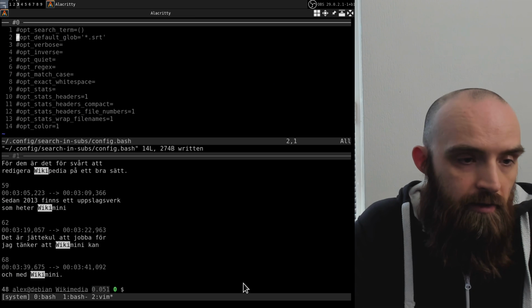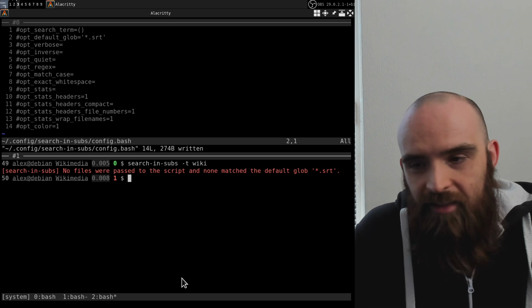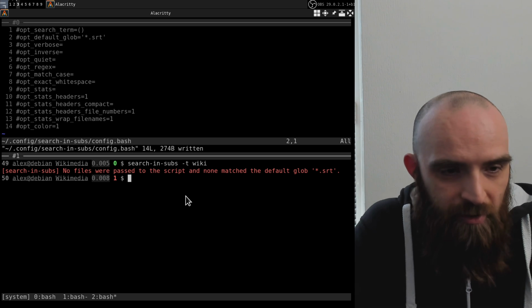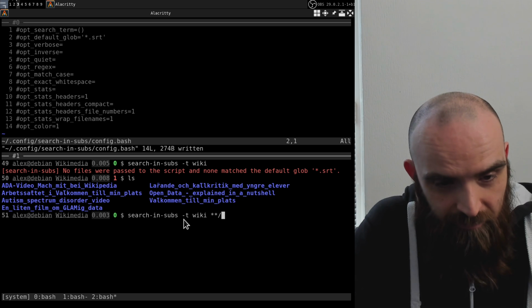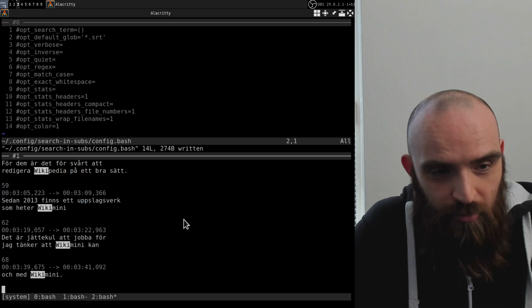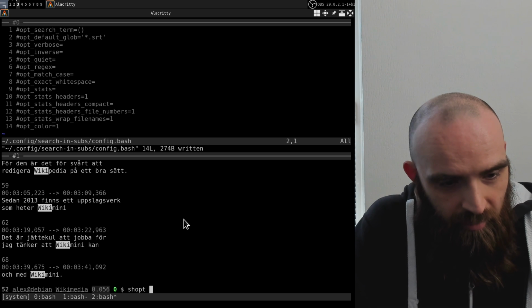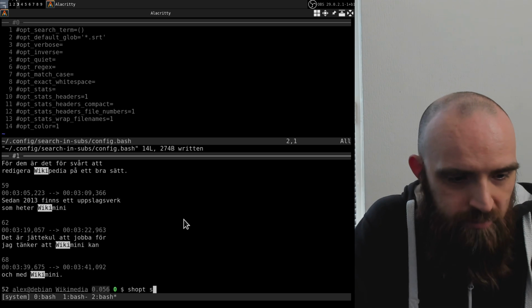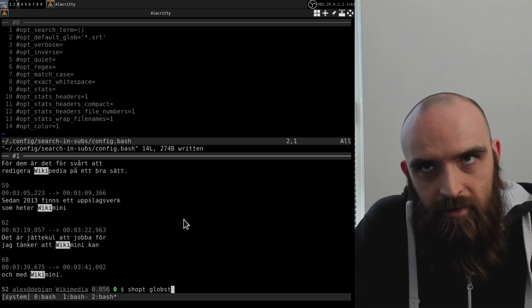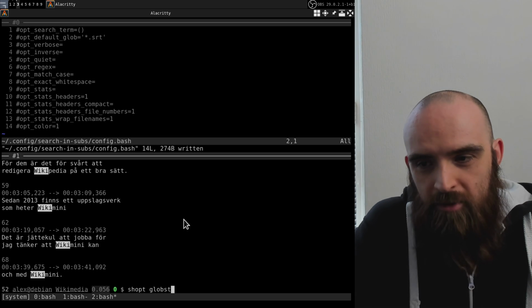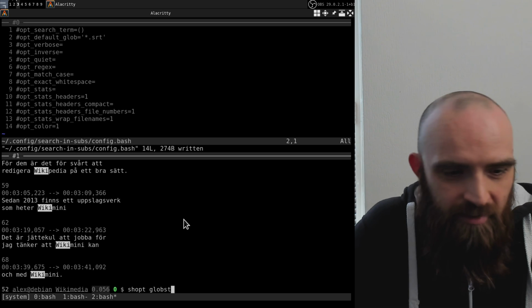So if I change it back, as you can see, it didn't match anything because we don't have any subtitle files in this directory. You could of course also pass this on the command line, and that will give the same result as long as the shell option globstar is enabled. That's what that double star is. In the script itself it's enabled internally, but if you want to pass double star like I just did on the command line, then you'll need to